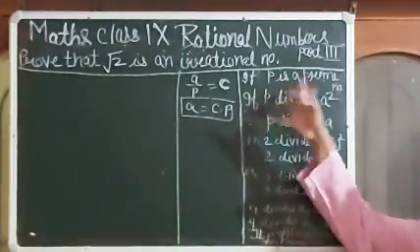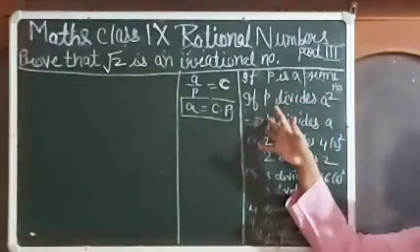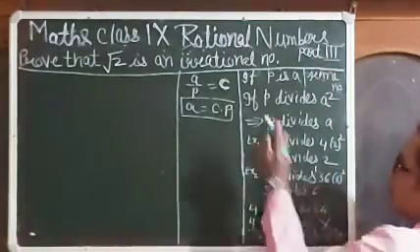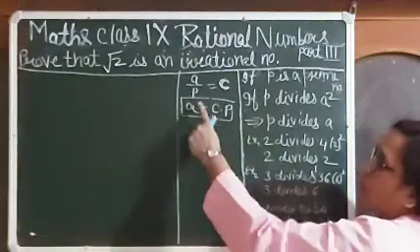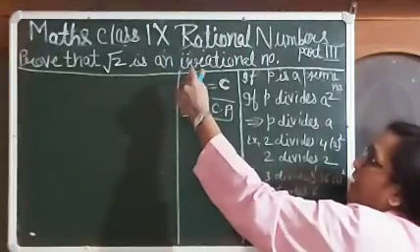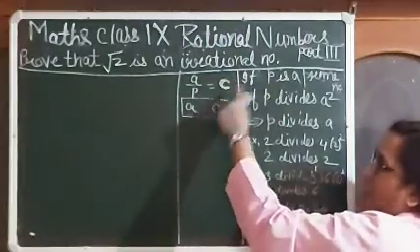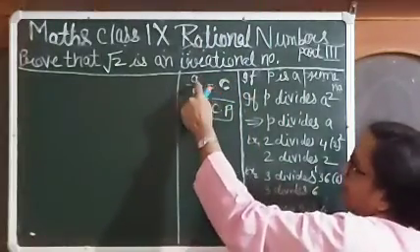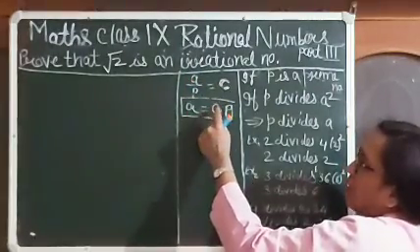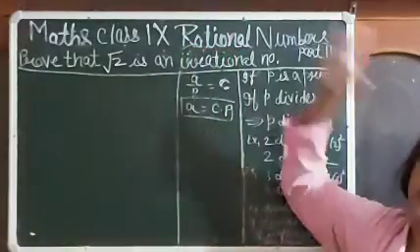So if any prime number divides the square of any number, then that prime number also divides the square root of that number. So when we write a upon p, it means p divides a. When p divides a number we get some answer, say c. When you do the cross multiplication, a is equal to p into c, or c into p. This is very useful for proving this theorem.